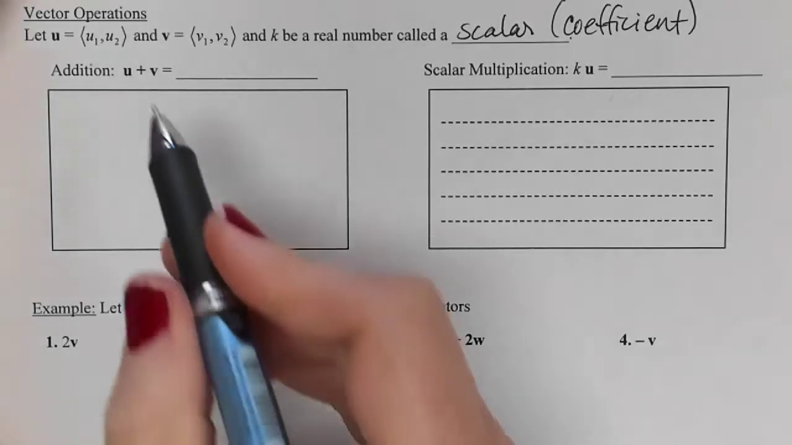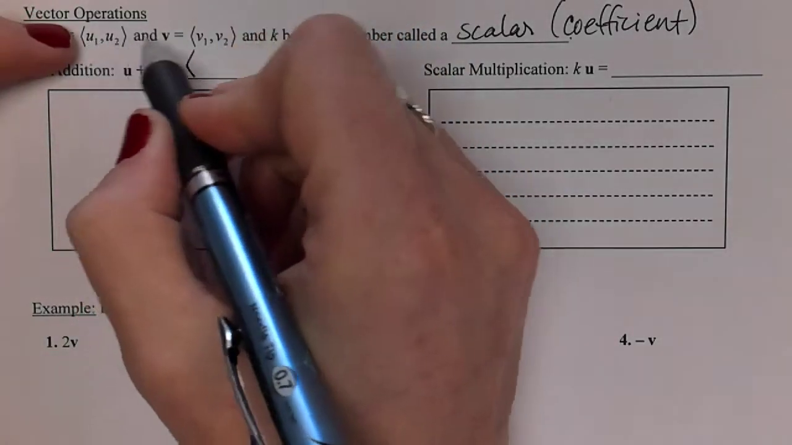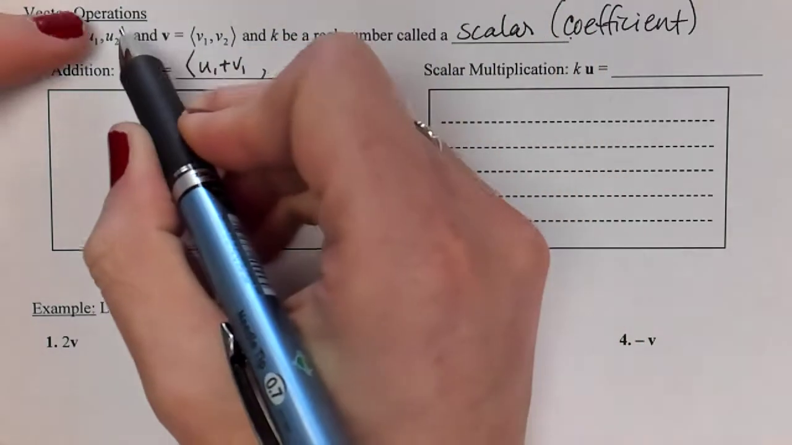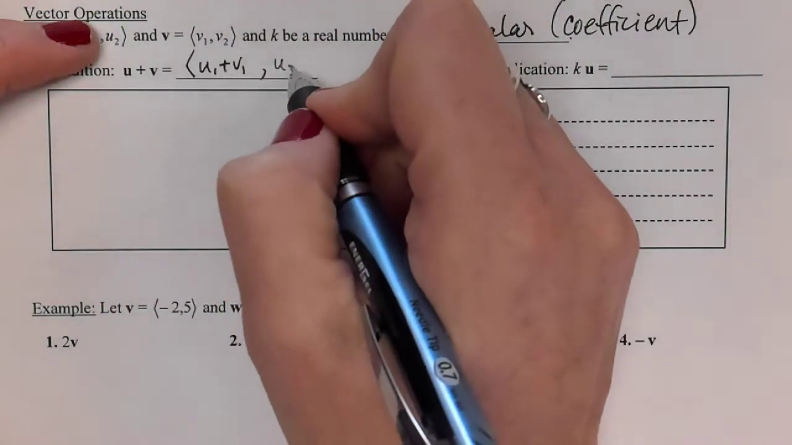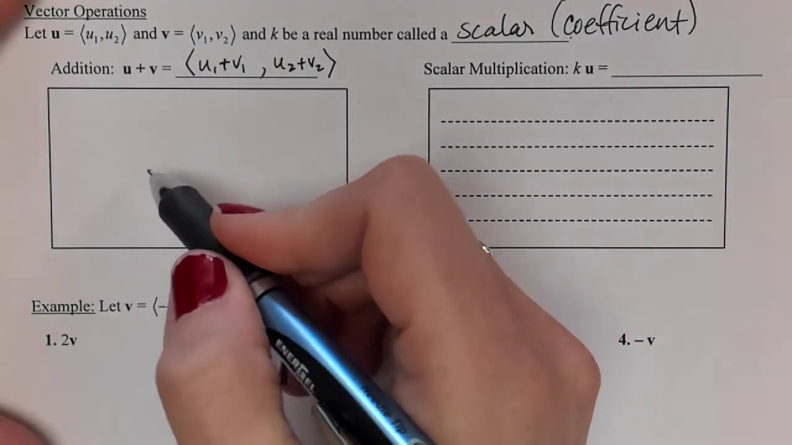So when you have two vectors and you want to add them together, you just add your x's together, so u1 and v1. And then you add your y's together, u2, v2. So it's really not that difficult. You add vectors together, you add the x's, you add the y's, there's your vector. As a picture, what it would look like